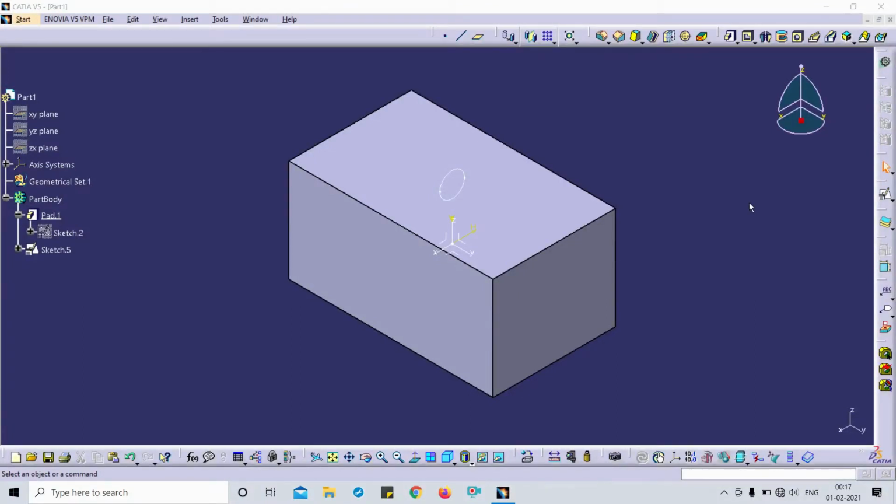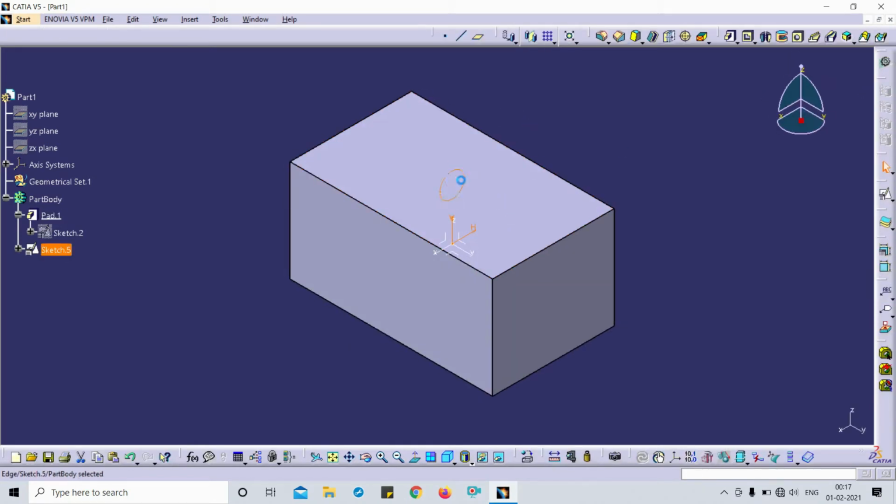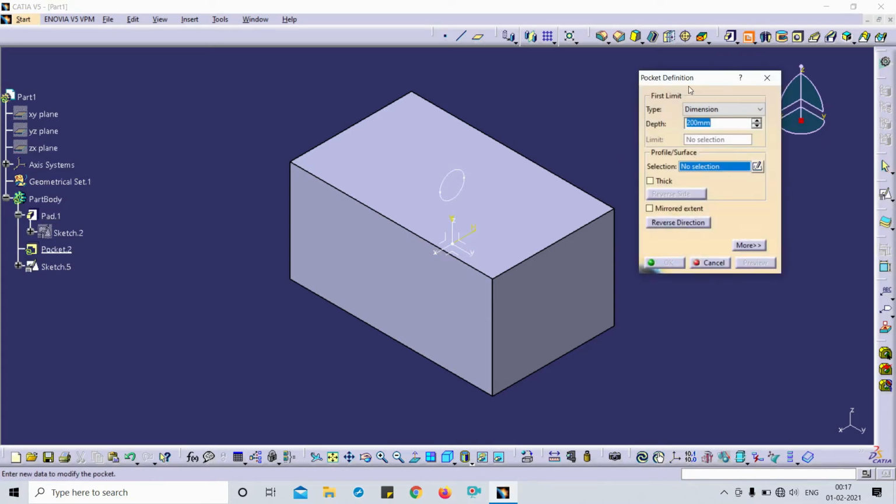So today we are going to discuss one more powerful trick which will be used in different commands. So let's begin. Here this is my pad, and after that I have drawn this sketch, because I just wanted to pocket with this sketch. So I just use this pocket command, and here you can see